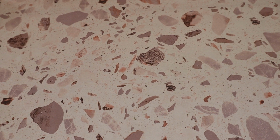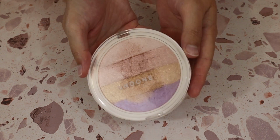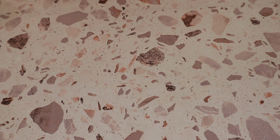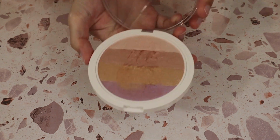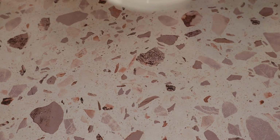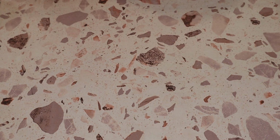So I definitely am planning on keeping that one. One that I'm also going to keep is this one from Undone Beauty. This is called the Nonzer, and I'm kind of confused by that name. I think maybe it's called that because it's not a bronzer, I guess. I don't know. But now that I think about it, because I have this product from Undone, I think I can probably